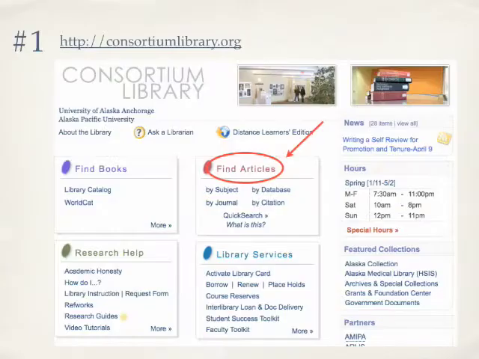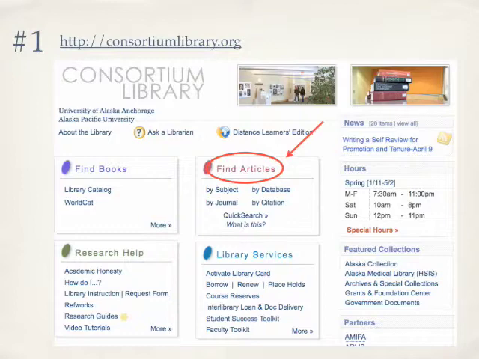Okay, so finally, I want to show you a really cool website, and I think you're going to want to all check it out. It has all sorts of neat resources available for you as researchers. And in order to find it, you have to start by opening a web browser and going to consortiumlibrary.org. This is our main library homepage, and the reason you have to go through the library webpage is because the website I'm going to show you was actually subscribed to by our library. It costs money in order to have access to it. So because the library has already paid your fees, you can use the library website to go and find this one I'm going to show you and not pay anything.